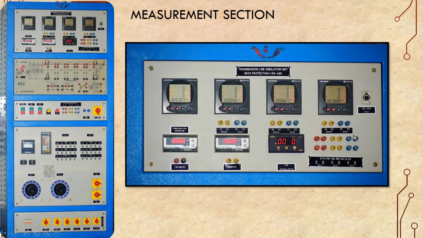If we need to measure higher current through this power analyzer, we have to use the CT or the PT. These are the terminals available, because this power analyzer is connected internally at the sending end of the transmission line. So no terminals are available externally for it, but the other 3 power analyzers have terminals open to the outside. Here are the voltage terminals and these are the current terminals. A power analyzer needs both voltage and current, and then it calculates all electrical parameters. If we use this as a voltmeter, we use these 2 terminals. If we use this as an ammeter, we use these 2 terminals.